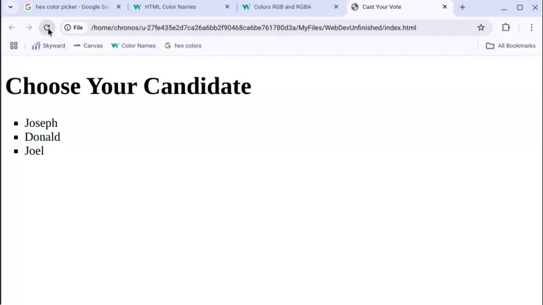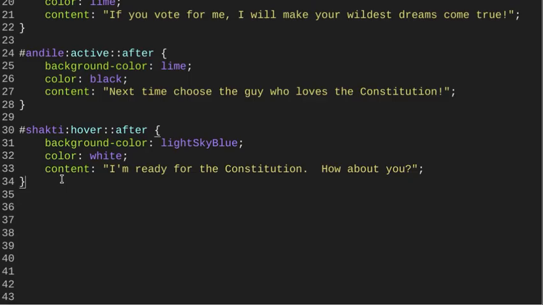And let's see if this works now on my web page. Remember, it's not working before, but if I reload this, there it is. Now, I don't know about that white text on top of the light sky blue. I'm willing to keep it though. So let's go ahead and make it so Shakti, then when it's active, or after it's active,